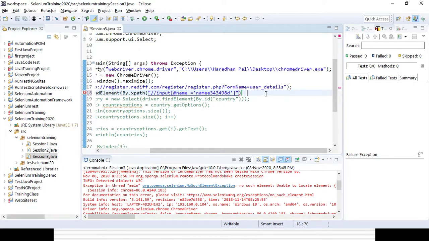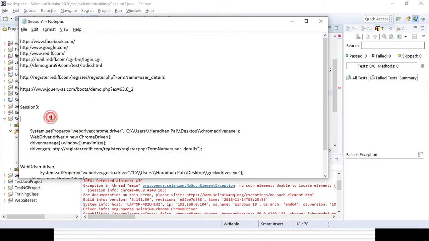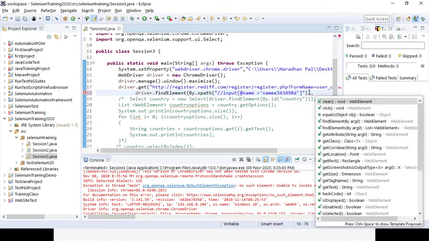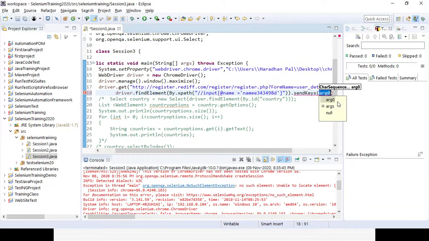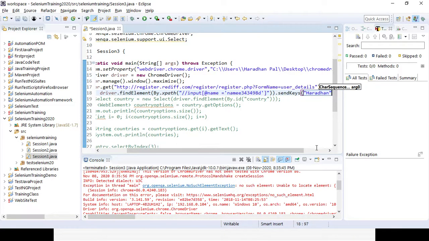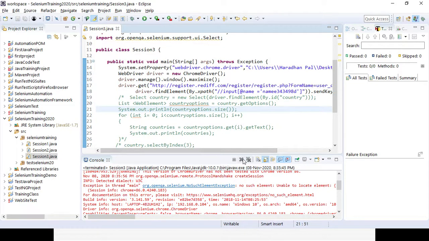Okay, some problem, there is a space. I will store it in a notepad, then give only that portion. XPath expression, and I need to close it, then dot send keys. Is there any error message? No, if I save it, it is not giving any error message.